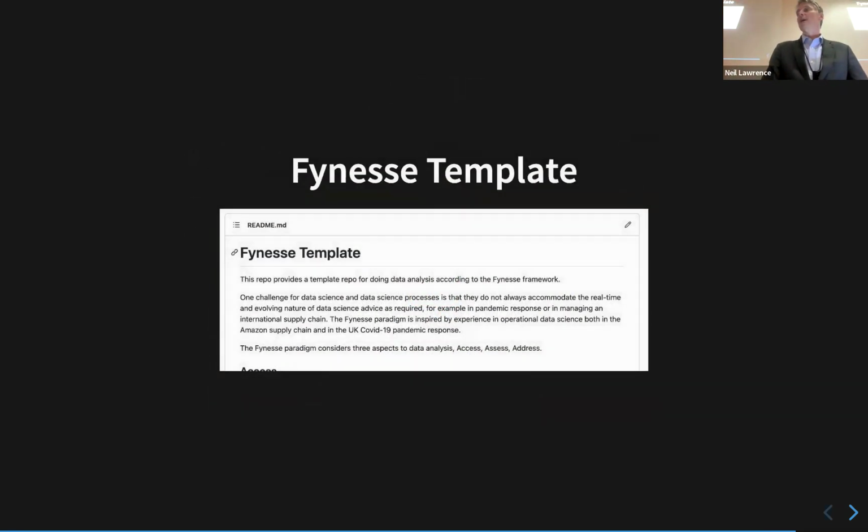Okay, so there are some other things around that. We're giving you a Fynesse template, which is a very simple template just for you to get started, so that when you're actually programming, you're thinking about which bits of your code to put under access, which to put under assess, and which to put under address. And yes, it will be the case that some stuff isn't clear. You'll think, wait, which one of these is it? And I think that's the interesting bit, right? Because now you're seriously thinking about your processing pipeline in terms of its reusability. I'm not saying this process is perfect. It's something we made up to try and capture these ideas.